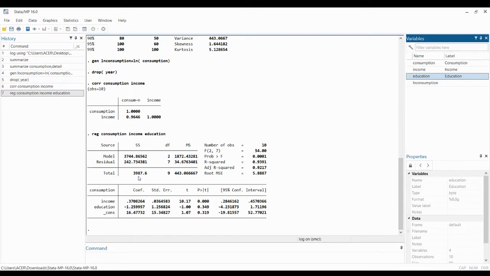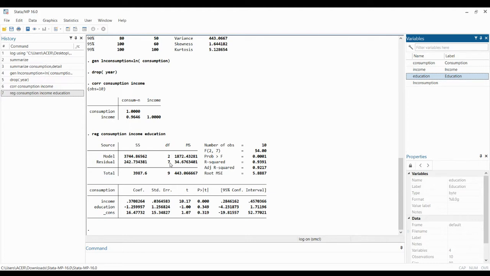Now, what is the degrees of freedom of the total sum of square? This is n minus 1. What is our number of observations? Our number of observations is 10. We have 10 data points here. So n minus 1 is 10 minus 1, that is 9. So the degrees of freedom associated with the total sum of square is 9. And what is the degrees of freedom of the residual sum of square? It is the degrees of freedom of the total sum of square minus the degrees of freedom associated with the estimated sum of square. So that is why we are getting 7 here. So 7 is basically 9 minus 2.